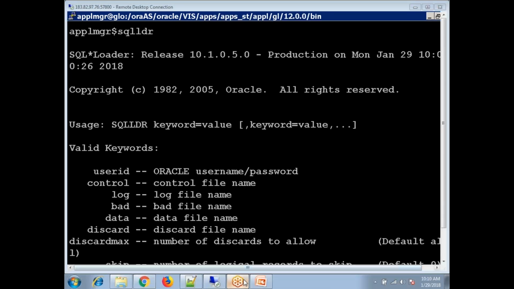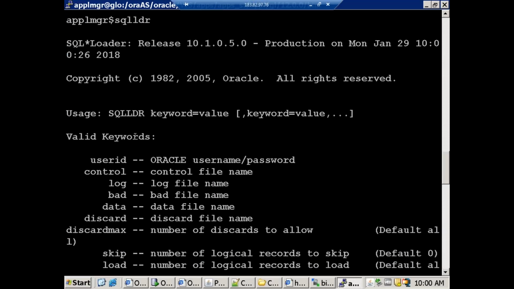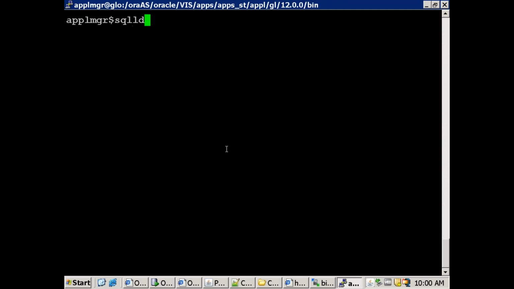Options we don't need to remember here. It's very easy. Just run the command, and automatically it will give you what options it has that we have to provide. So, SQL LDR